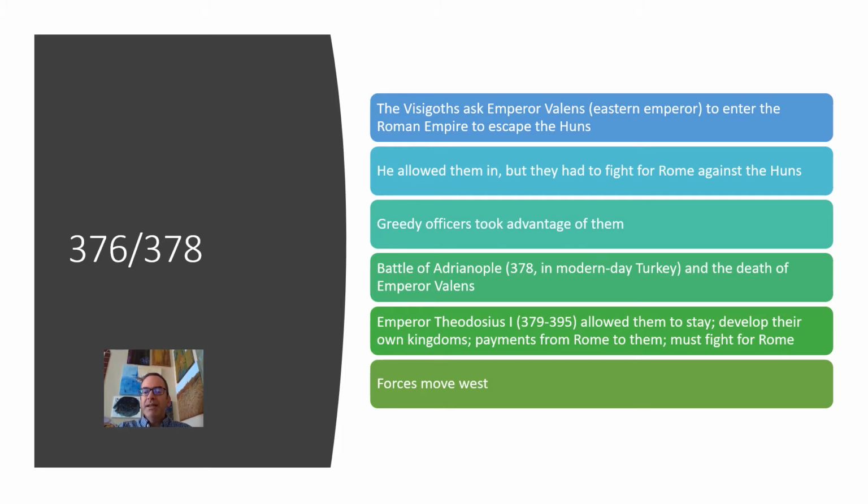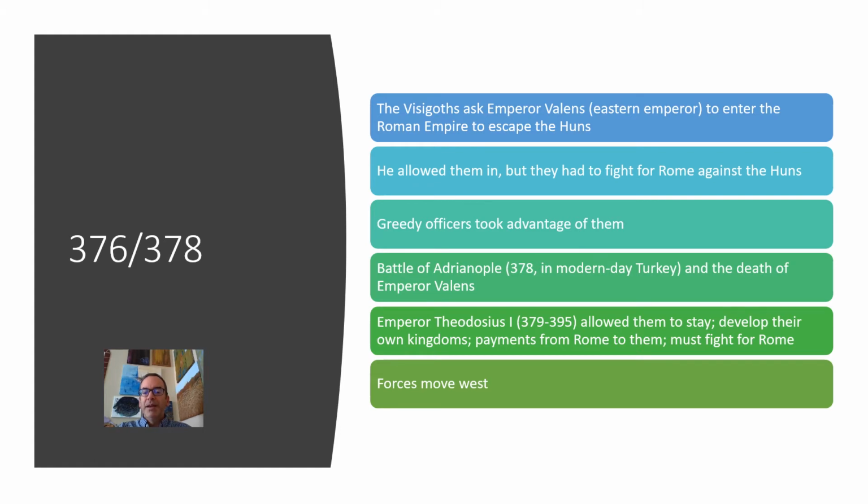Roman generals taking advantage of them, like taking their money, treating them really badly, and they revolt. So you've got what could have been a really good condition of sort of shared boundaries with these two people, protection for Rome, but these generals sort of messed it all up, and then you've got a pretty traumatic thing happening in Rome in 378 with a very famous battle called the Battle of Adrianople, and this caused the death